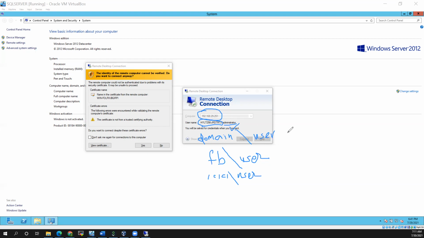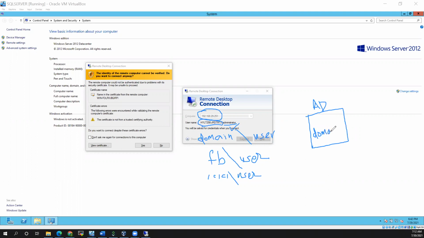But this computer is not included in a domain. For a domain, you need to create one Active Directory server, the AD server, and set up Active Directory there. In Active Directory, you have to create a domain name.